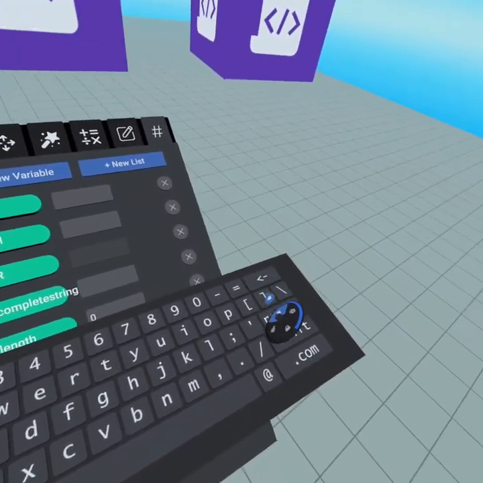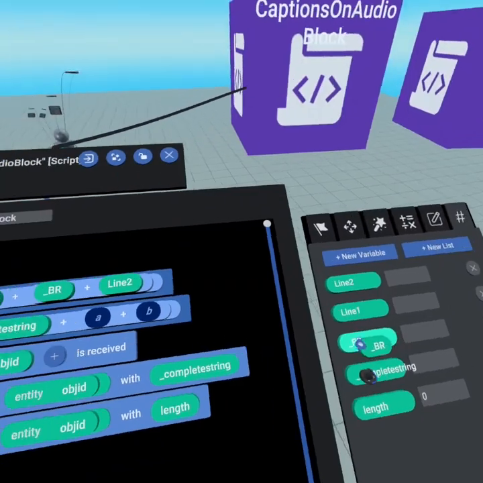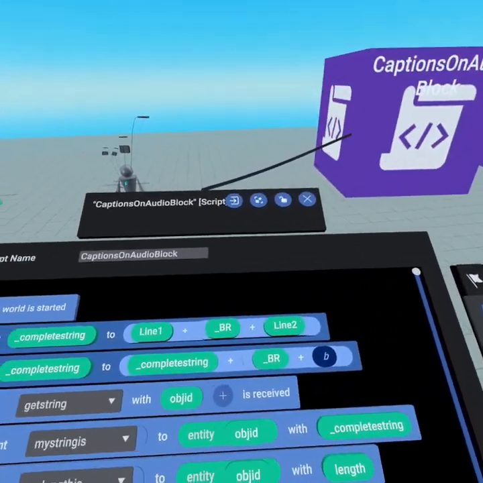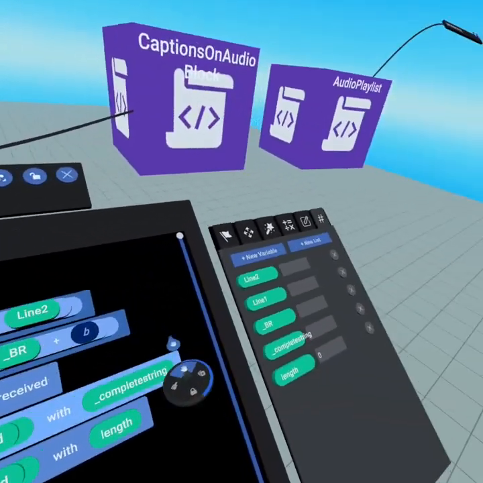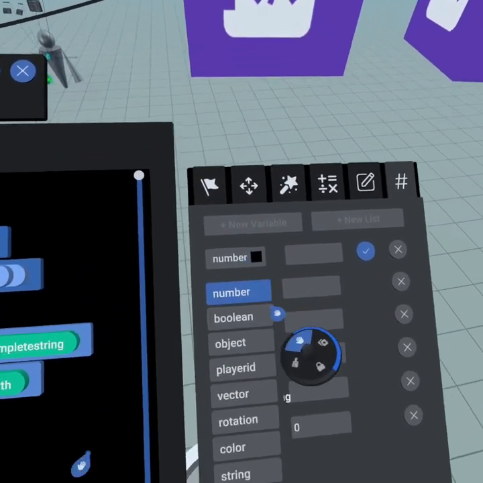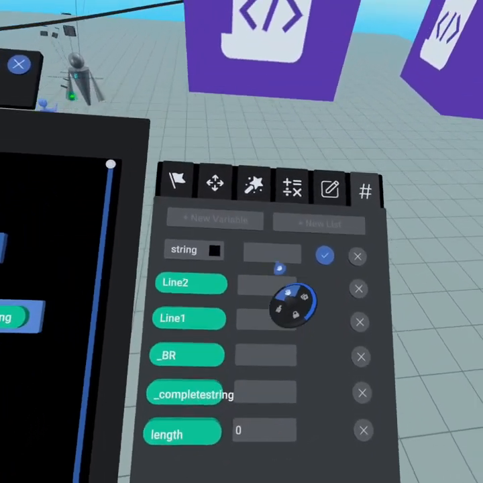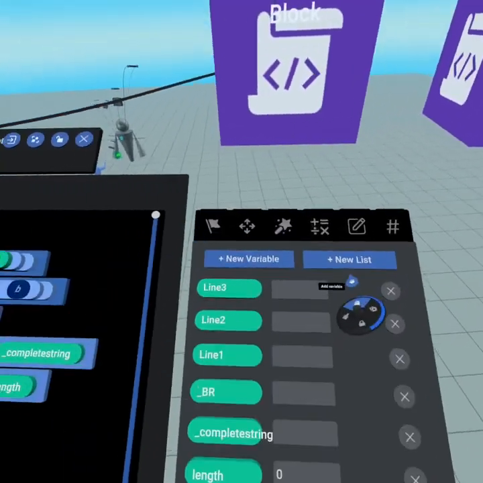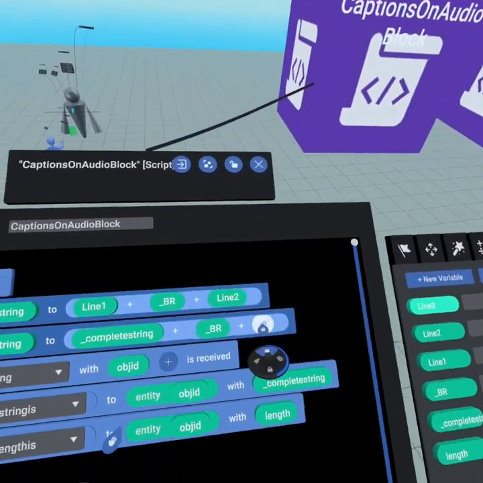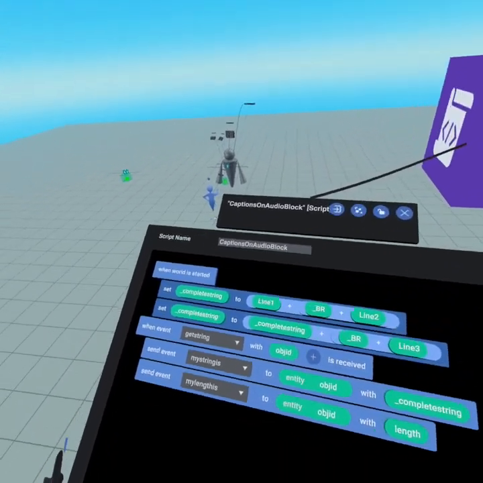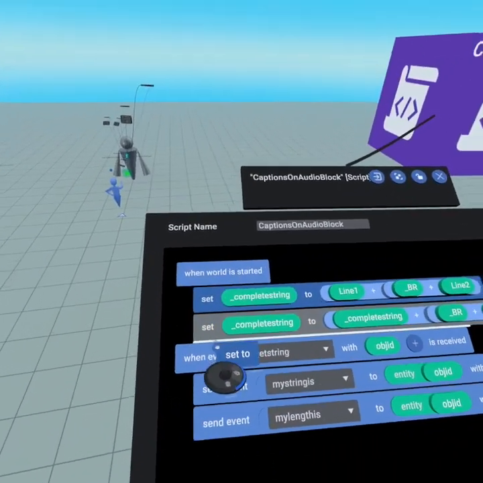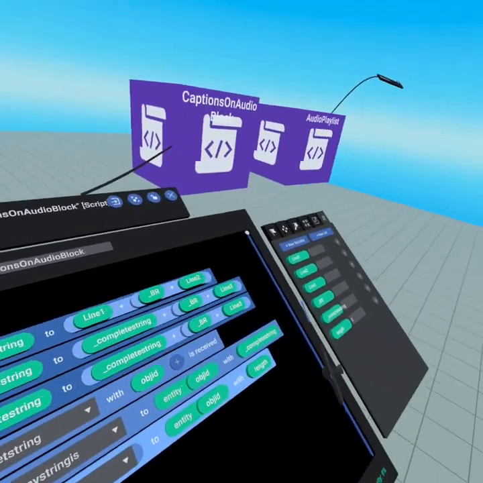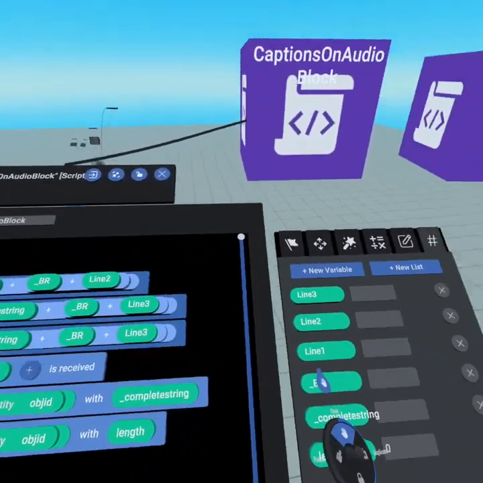1, 2, 3, and 4. There we go. So we're going to take our break, and what break is going to do is it's going to add a line break between line 2, and then we can quickly add line variable, and we'll go and make this a string variable and call this line 3. There we go. So now we have line 3, which we can just drop in here, and now it's a 3-line string, and you could simply keep duplicating this and just keep creating new string variables,